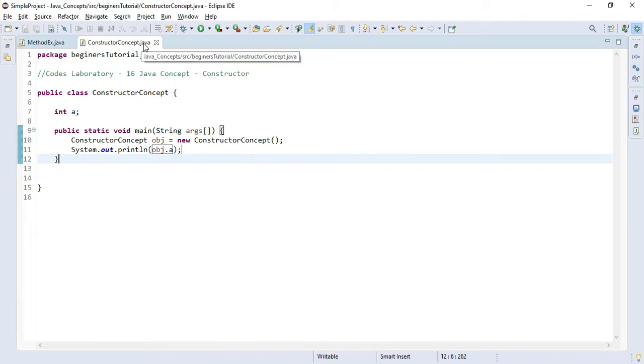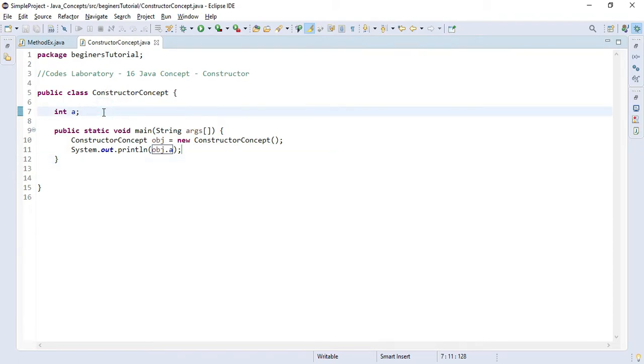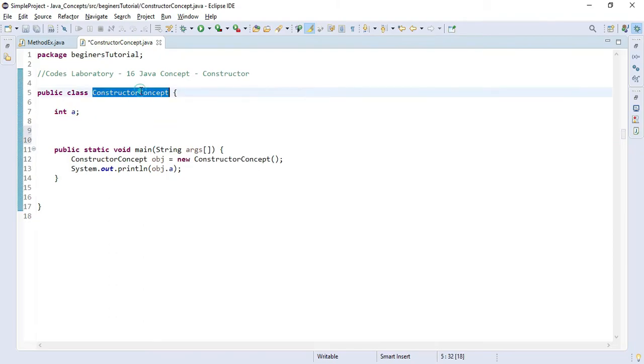First, the Java compiler will read your .java file and create another file called a .class file. The name of the class will be the same, but the extension will change from .java to .class. And it will implicitly add one default constructor in your program, and in that constructor all the instance variables and methods will be initialized with their default values. To make you understand, I will simply override that default constructor in this way.